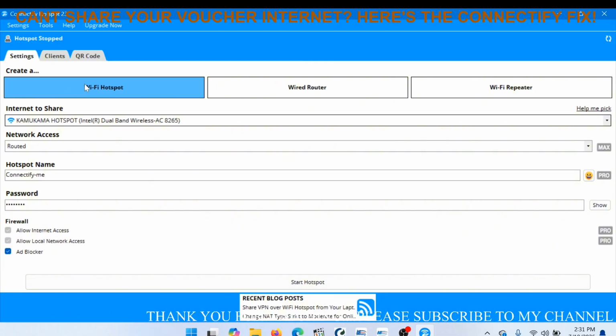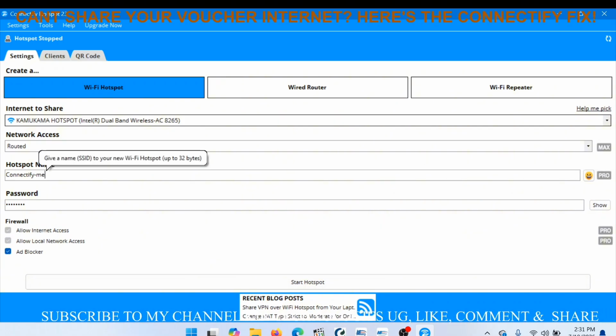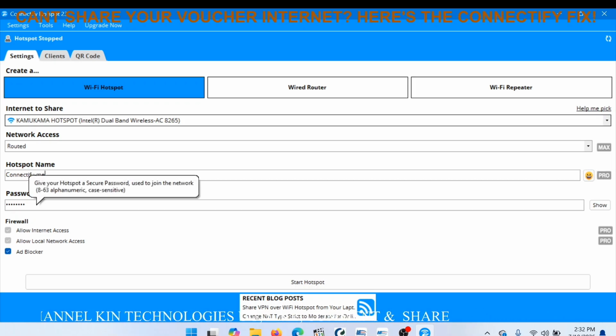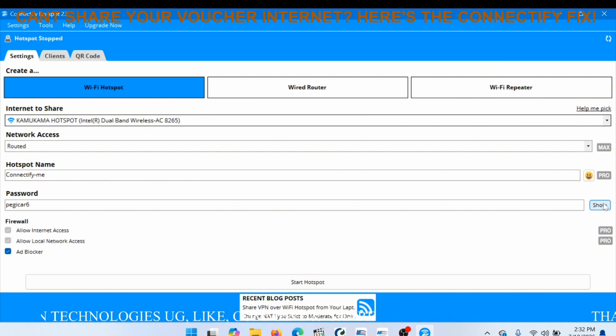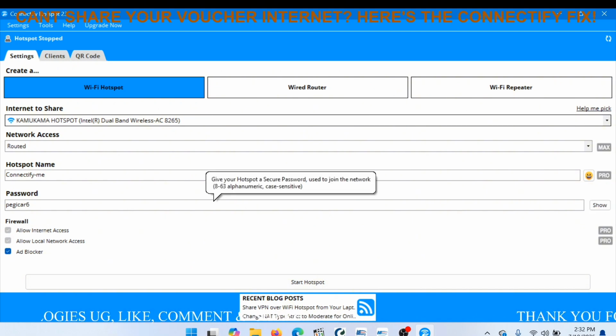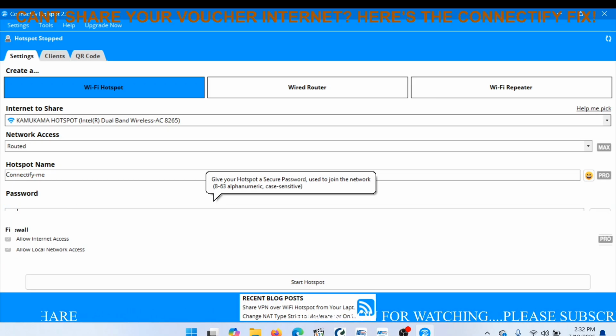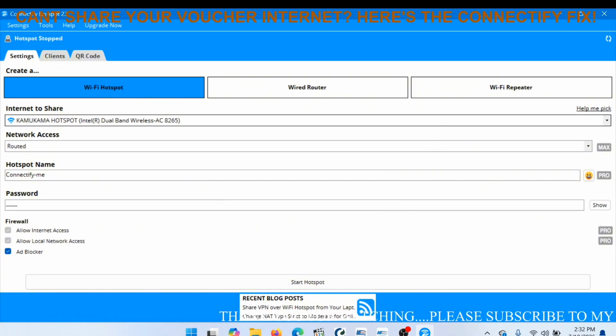When it's in Wi-Fi hotspot mode, you can decide to change this hotspot name. But remember, I told you it has a premium version and a free version. You can see over here that changing the name is only for the pro, the premium version. Now the password, you can decide to edit your own password. You can decide to change your own password. After changing your password,